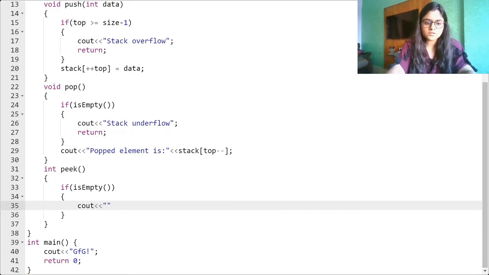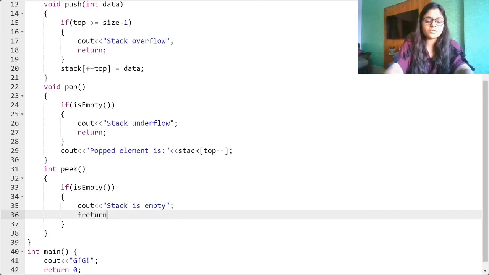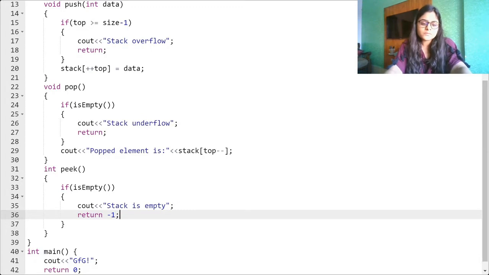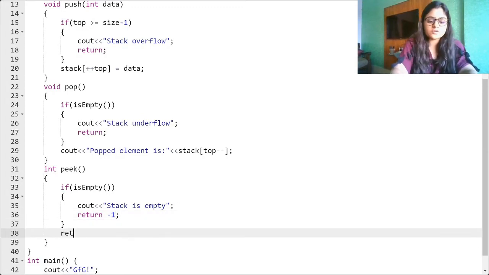So we can just write cout stack is empty, and we have to return something. Let's just return -1, assuming that we only enter positive values, or we don't enter -1 as an input in this stack, right? And if not this, we just return the top of our stack.